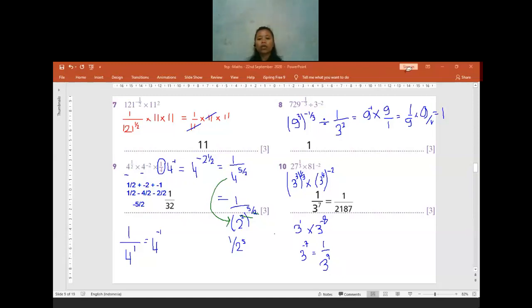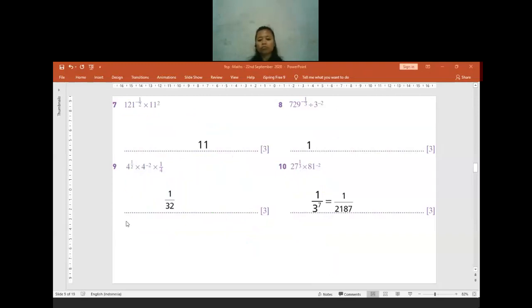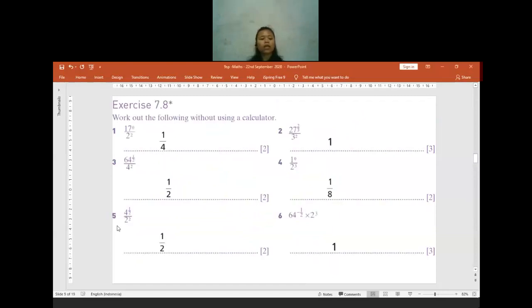Is it clear enough or is it still confusing for any of you? No? Okay, if you are already clear, we only have 1 minute left. I don't think it will be enough for us to discuss the revision questions. Later, after this, I will just share the answers for the revision questions. But for the discussion, we will do it tomorrow on Monday. If you have any difficulties, we can clarify them on Monday. The chapter-wise test will be on Tuesday. It will cover chapter 7 and chapter 12.